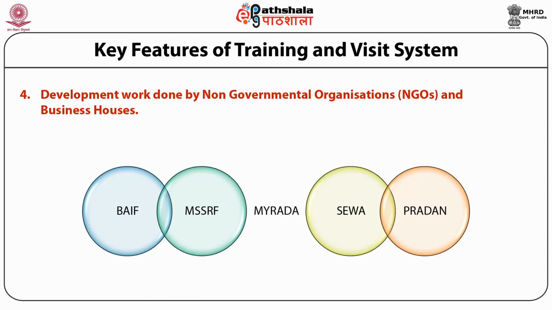Just to quote a few, every year the government releases a list of non-governmental organizations, blacklisting their names from getting government funds. What does it indicate? It means there are some organizations, especially non-governmental organizations, which are involved in fraudulent activities. So let us not concentrate on these negative aspects, because there are a good number of positive aspects also. We said that it is not only the NGOs, but there are a good number of business houses who are involved in providing extension services.